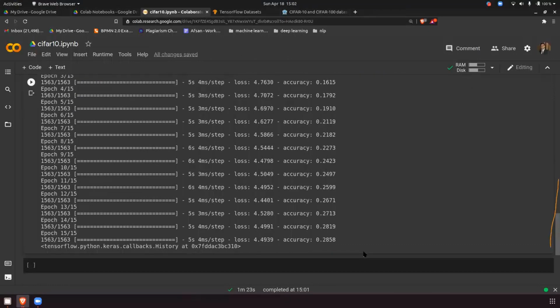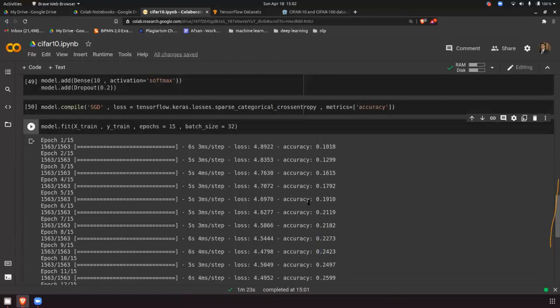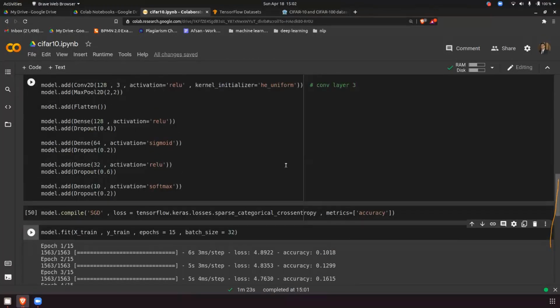So my accuracy is increasing. See, my accuracy is increasing after each step. So 20, it became 28 now. So if I go to more epochs like 100, I will get a good accuracy. So anyone else tried with something new? Yes, Akshan. So I changed the dropout a little, so I'm getting around 40%.